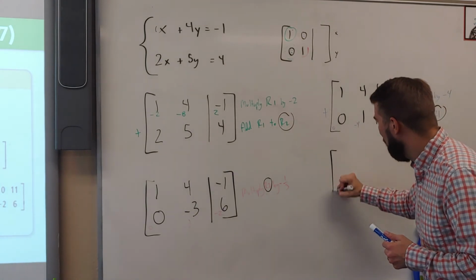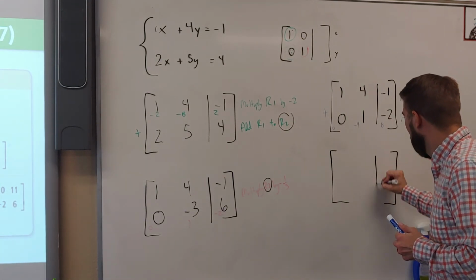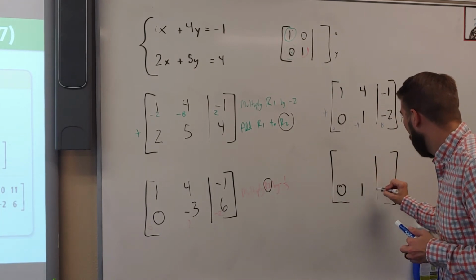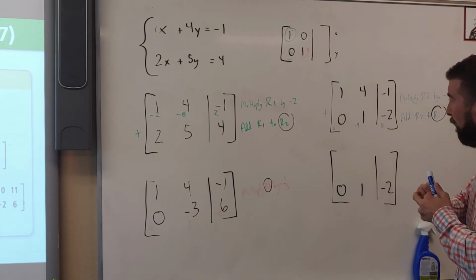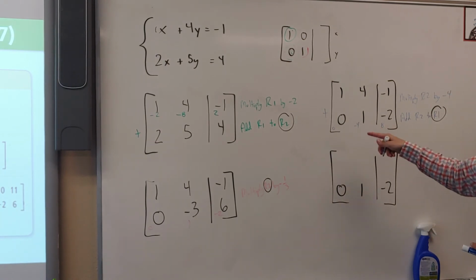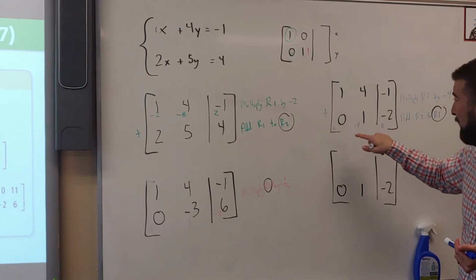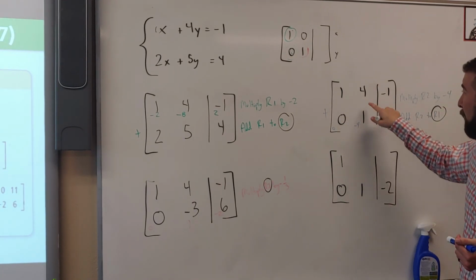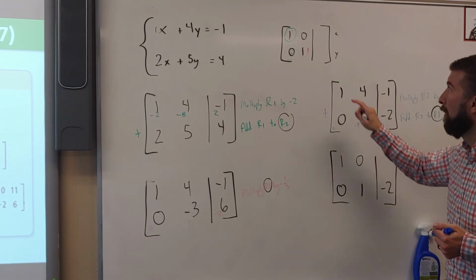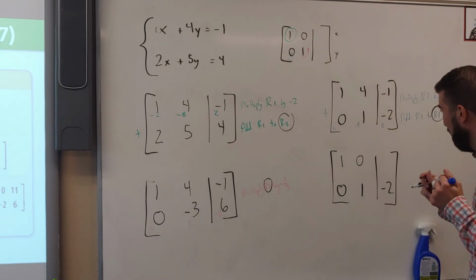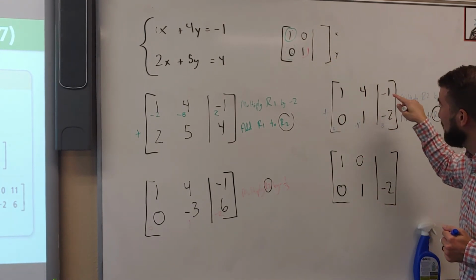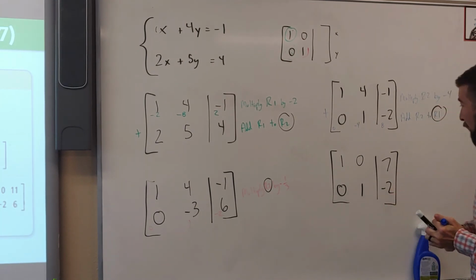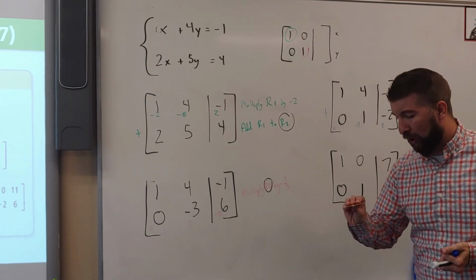So I'm going to draw my little box again. Row 2 is going to stay the same. So I'm going to have 0, 1, negative 2. But when I go up here, I'm going to add. So 0 plus 1 is 1. Negative 4 plus 4 is 0. 8 plus negative 1 is 7. Very good. And so once we get the picture done,